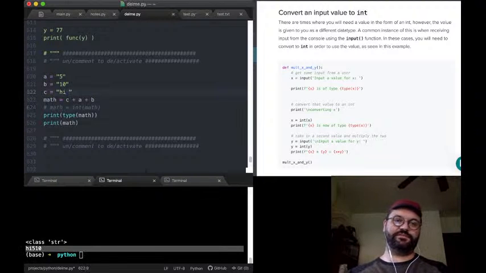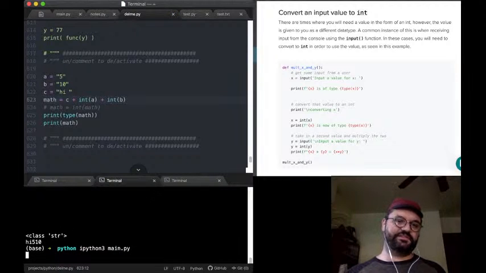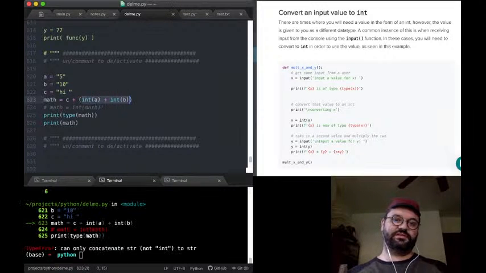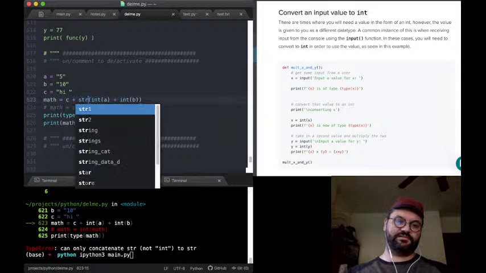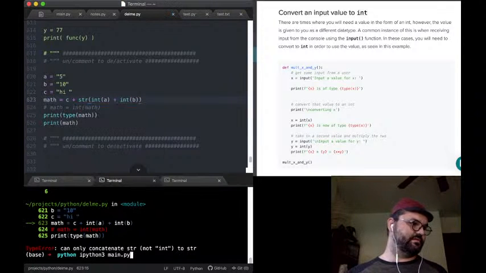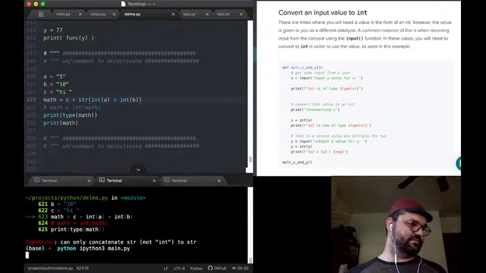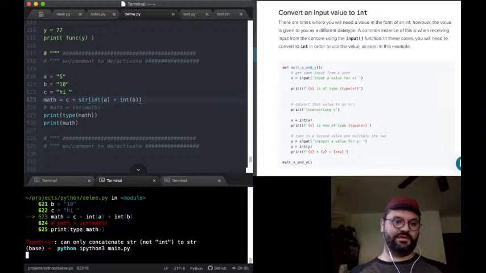Now I could, because C is a string and A and B are integers. So we can actually cast it back to a string, str. And then that'll